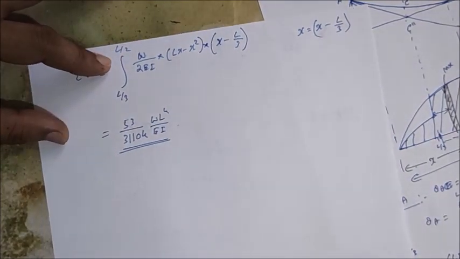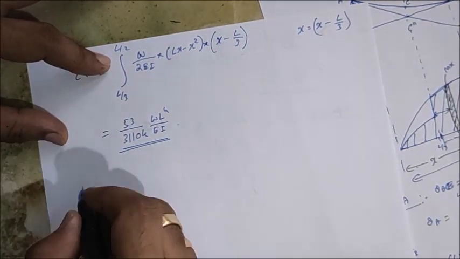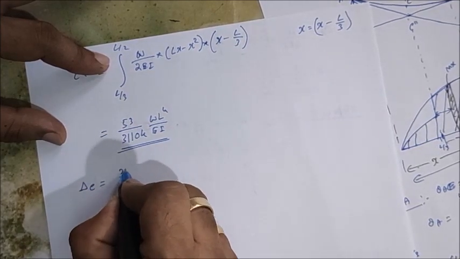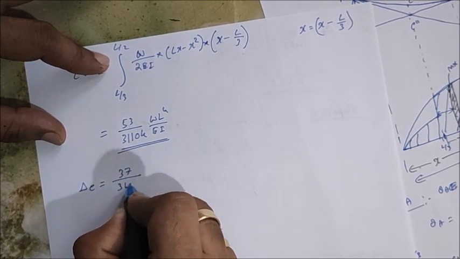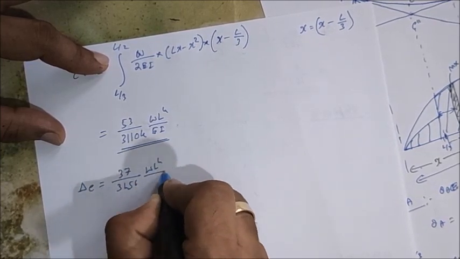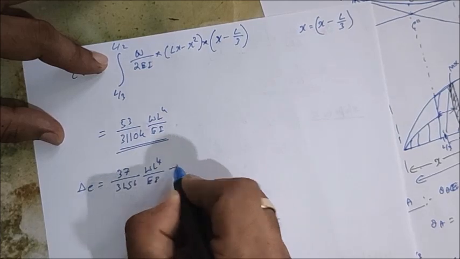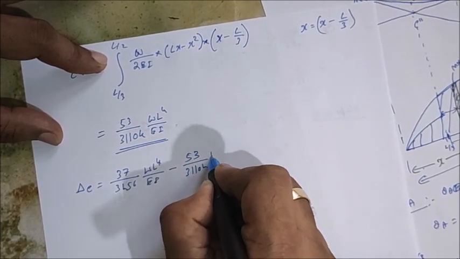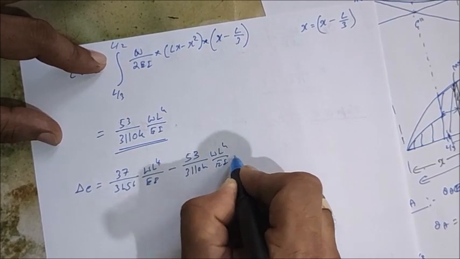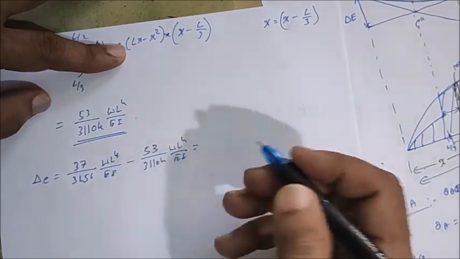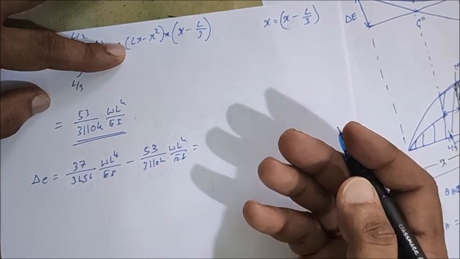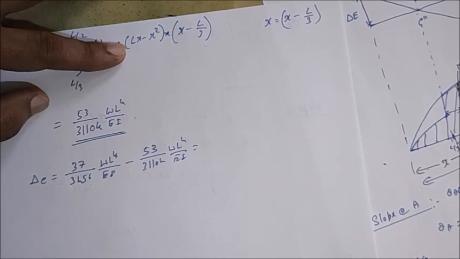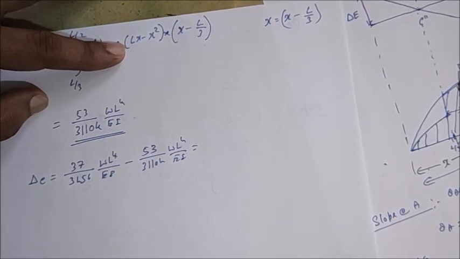Now what you want is delta C. So delta C is equal to 37 by 3456 W L to the power 4 by EI minus 53 divided by 31104 W L to the power 4 by EI, and you will get it directly. I can write it in the ratio, or in the form of this one only, the answer. So the answer is